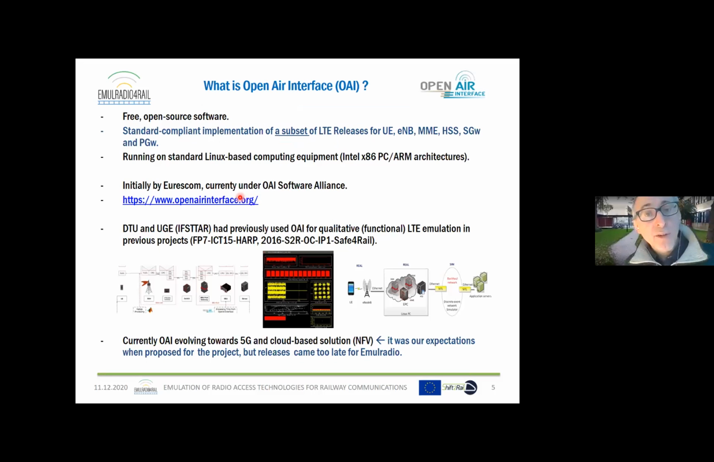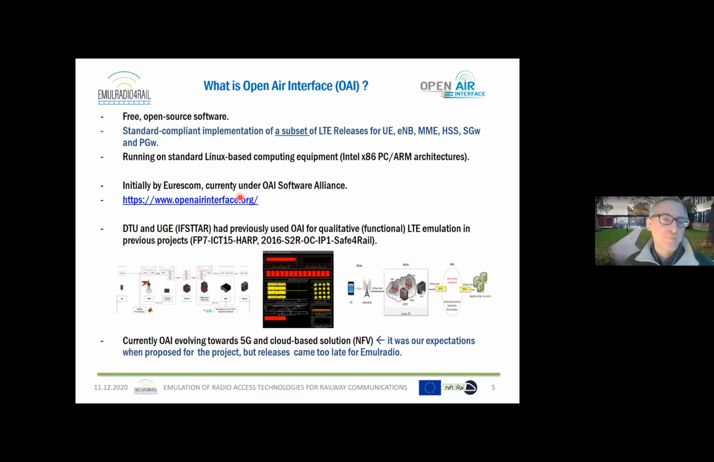Our implementation is based on Open Air Interface. Open Air Interface is free open source software that is compliant with the 3GPP standards of LTE for the different elements in an LTE network: the user equipment, the eNodeB, the MME, etc. The nice feature of Open Air Interface is that it's Linux-based, so it can run on off-the-shelf, commercial computer platforms, with sufficient memory or